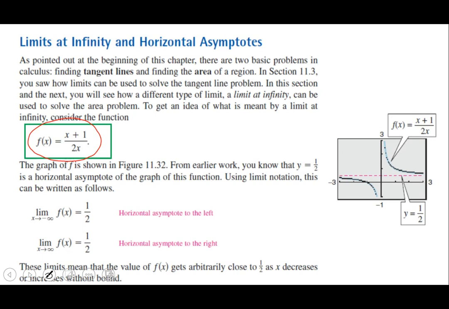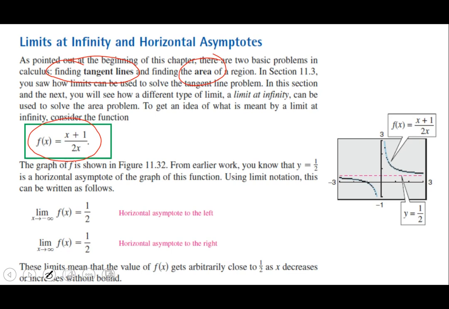As a little bit of a reminder here, remember one of the biggest things you're going to talk about next year in calculus is how to find and use tangent lines. That's really what we've been talking about for the past couple of lessons. The second big thing you're going to talk about in calculus is how to find the area of a region. Now, we're not really going to get into that at all this year, but it is something that's important for